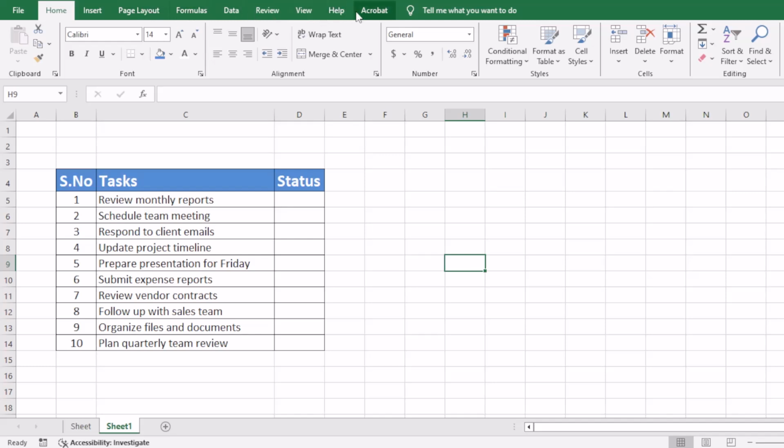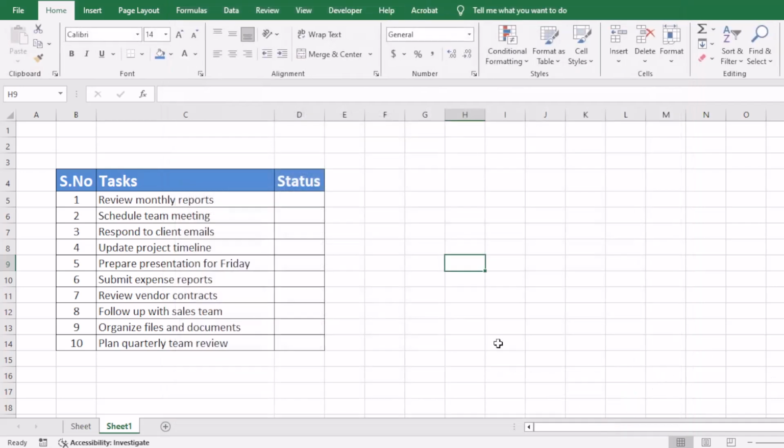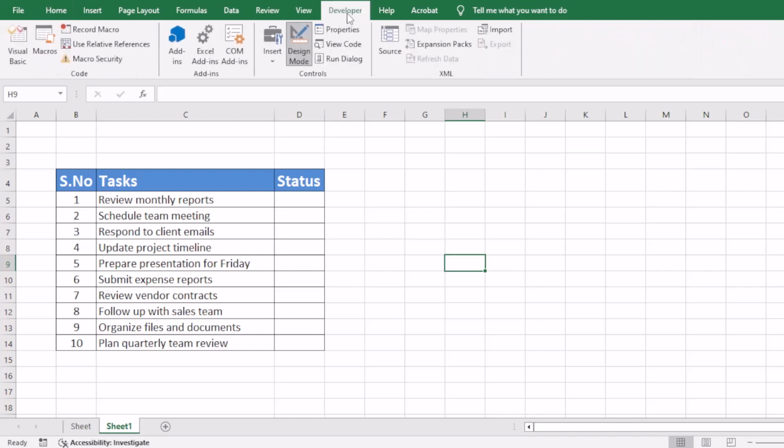So we will just simply right click here, and here we have customize the ribbon. We will just click here, and here you can see we have the developer option. We will check developer, and we will click OK. Now you can see we have the developer menu in our ribbon, so we will just click the developer menu, and